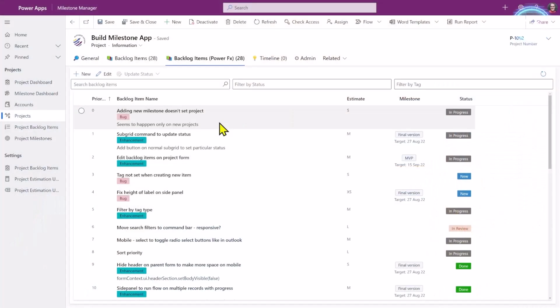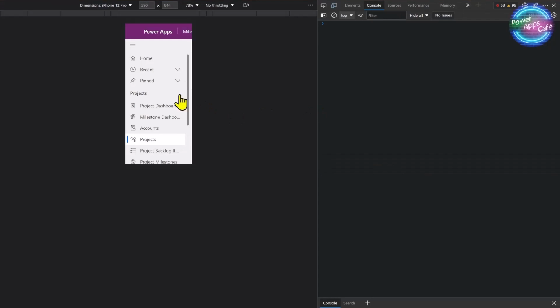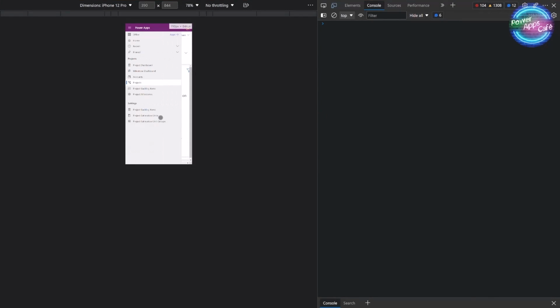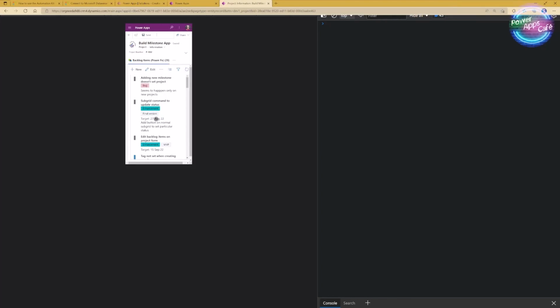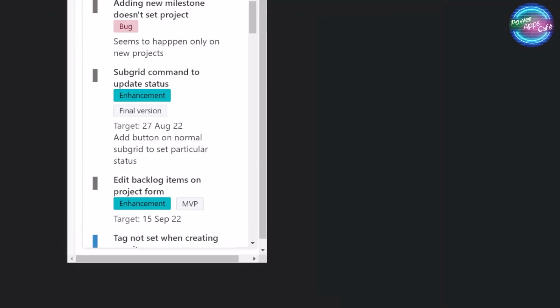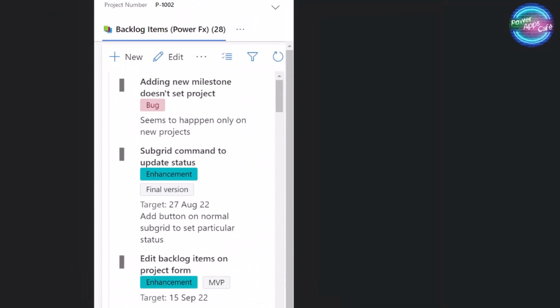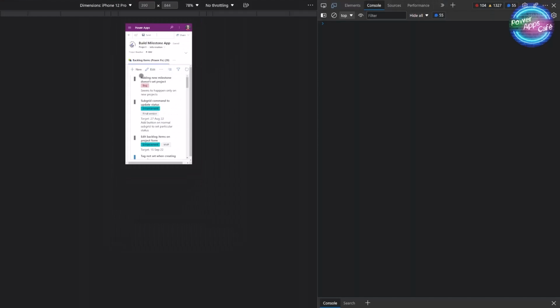So the grid in this app uses the Creator Kit Fluent UI. One of the great things about this is that it allows us to create a responsive user interface and change the columns based on the available space. If I zoom, you can see that we've got a very different experience on the phone compared to on the full size screen.